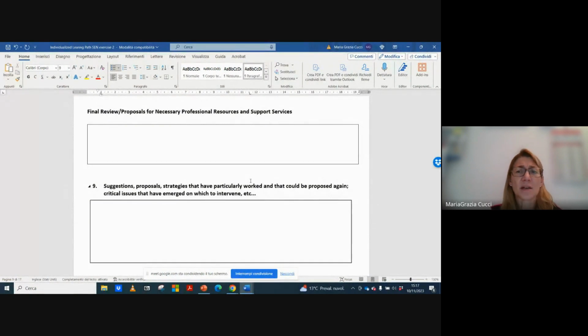Exactly when we are working with the students, we notice that there is something that we should do, that we could do if we had the specific resources in order to consider a specific need. Well, it is very important to put this suggestion inside the document, because we could have the opportunity to